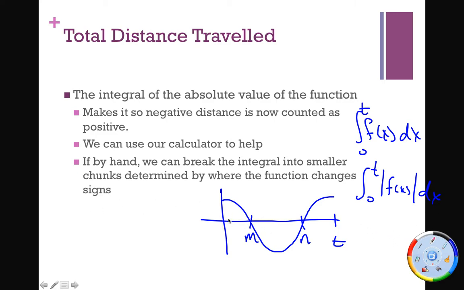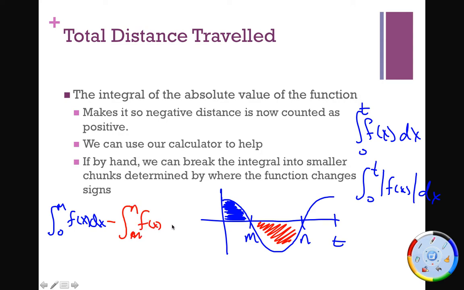But by hand, I would actually want to do it a little bit differently. We did this a while ago, talking about total change. What I would do is break this up into smaller integrals. So this version is positive, so I would find the integral from 0 to m of f of x. And this area here would be negative. So in order to make it positive, I have to subtract